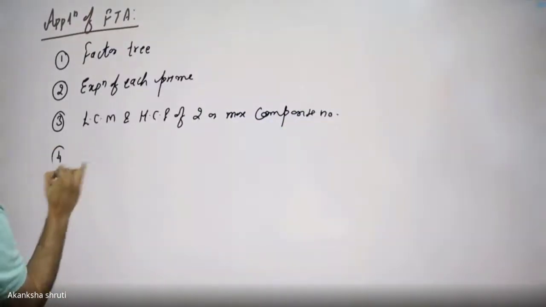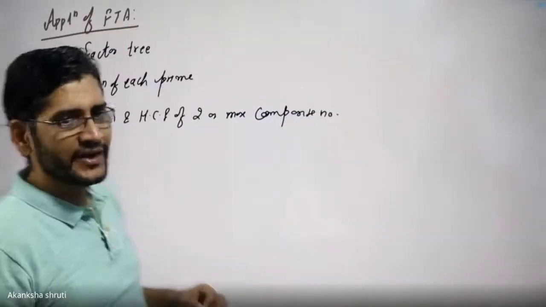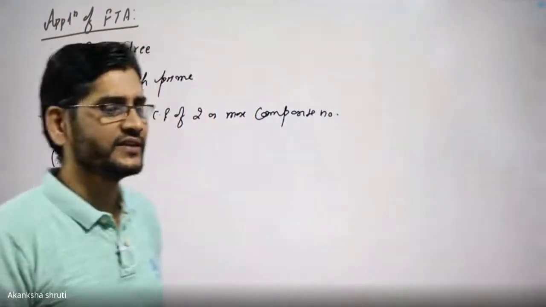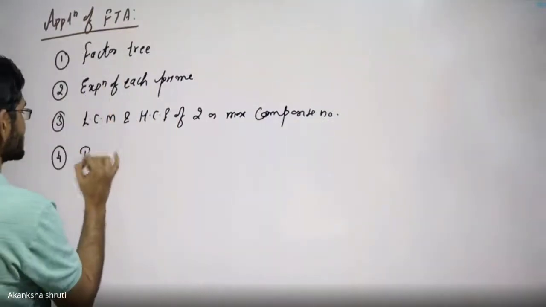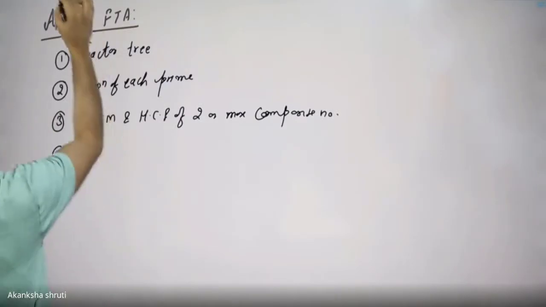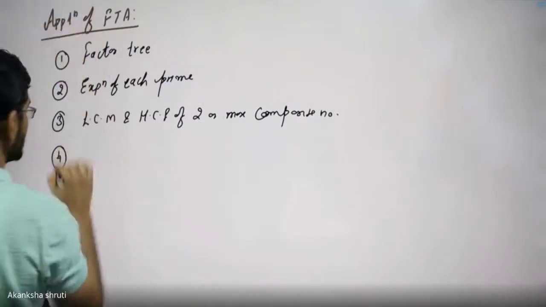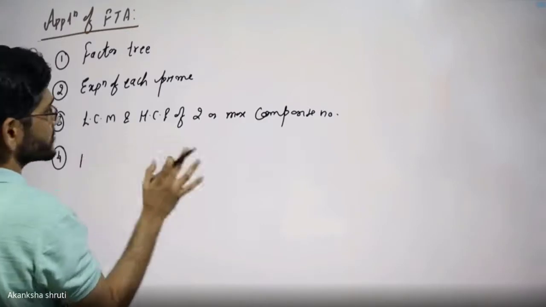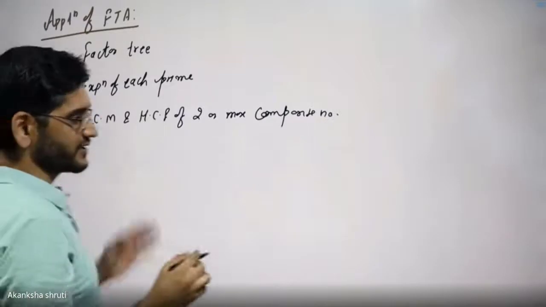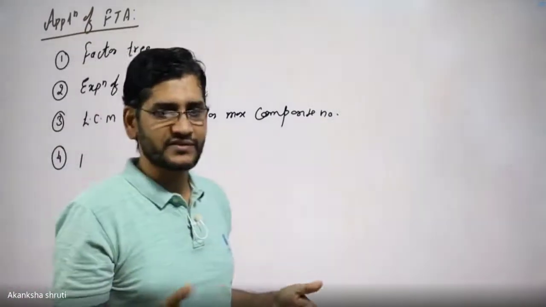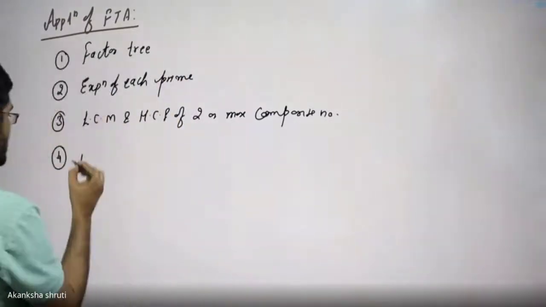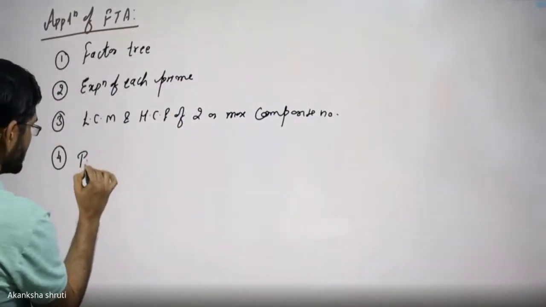The fourth application is proving a certain number to be irrational, like root 2, root 5. That is called what? The contradiction method. So proving irrationality, students, is this dropped? No, it is not dropped. Though the proof that root 2 is irrational is not written, it may be asked. But wherever it is asked in MCQs, the proving is not making any sense. But certain MCQs may be framed.